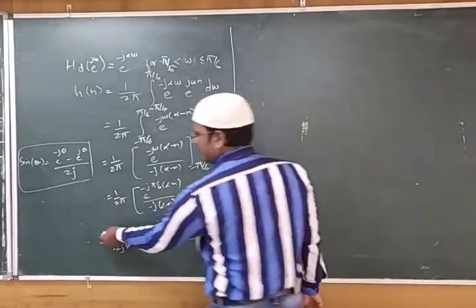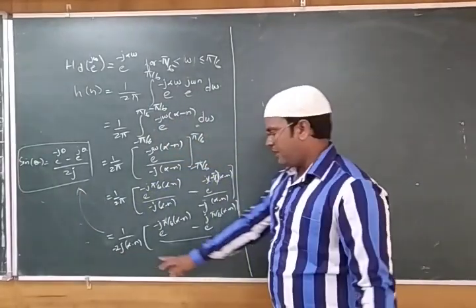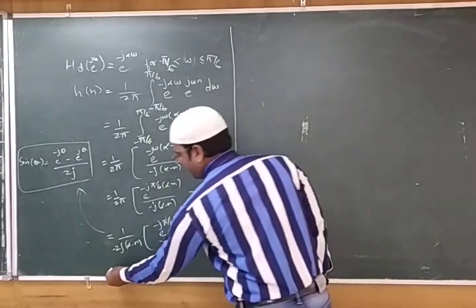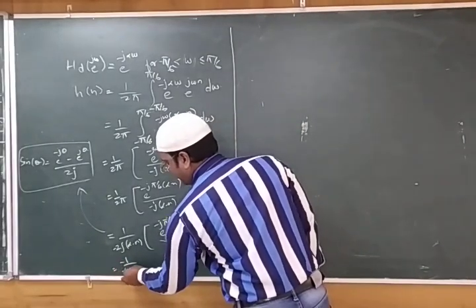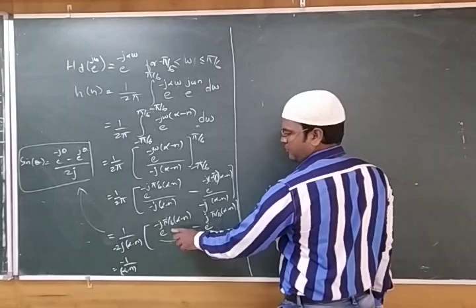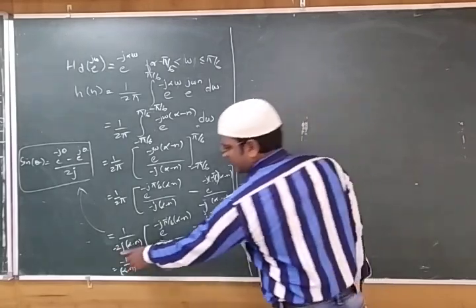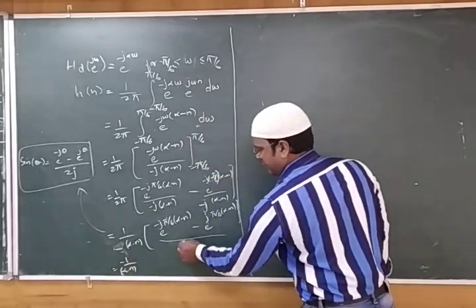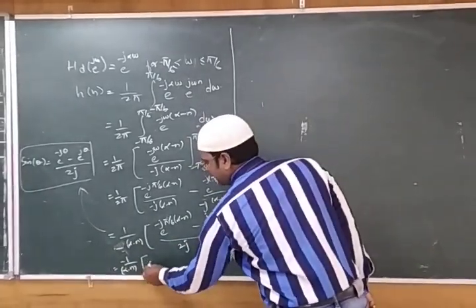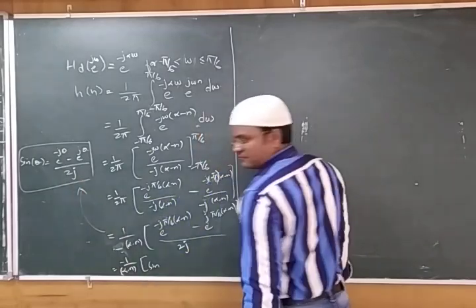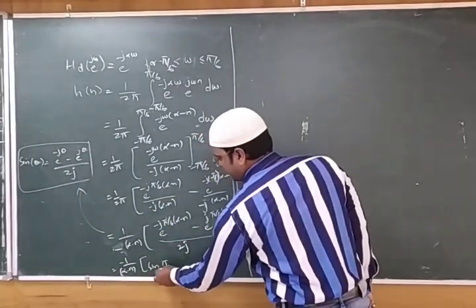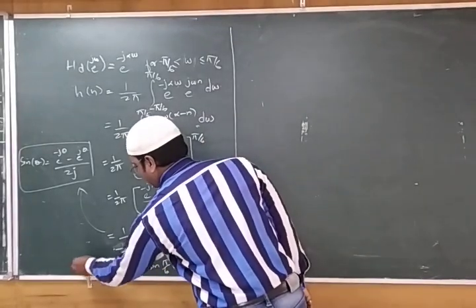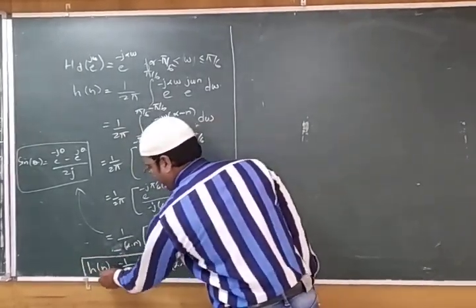So if I compare this with this one, what can I write? I can take 2j inside. This negative sign I can keep over there. So I can write directly 1 by minus of alpha minus n into e power j theta minus e power minus j theta by 2j. This 2j I can write here, instead of keeping it there, negative is here. This is nothing but sine of theta. So what is the theta over here? Pi by 6 alpha minus n. That is your h of n. So we found h of n.